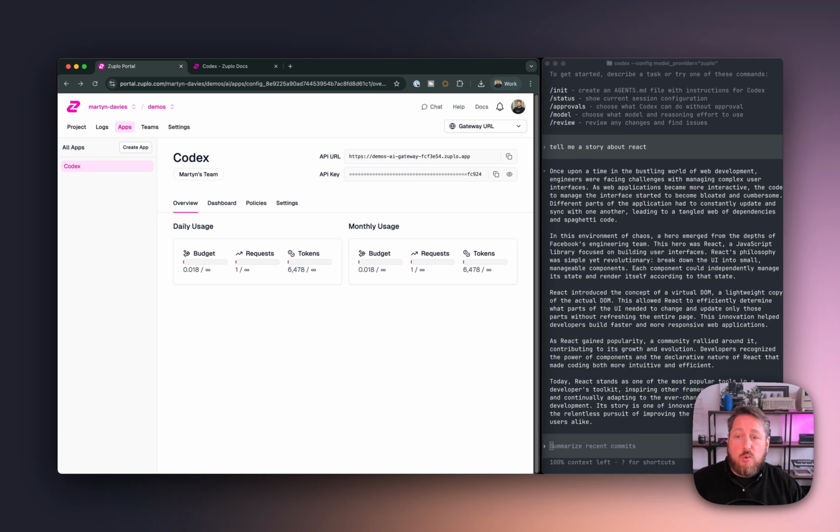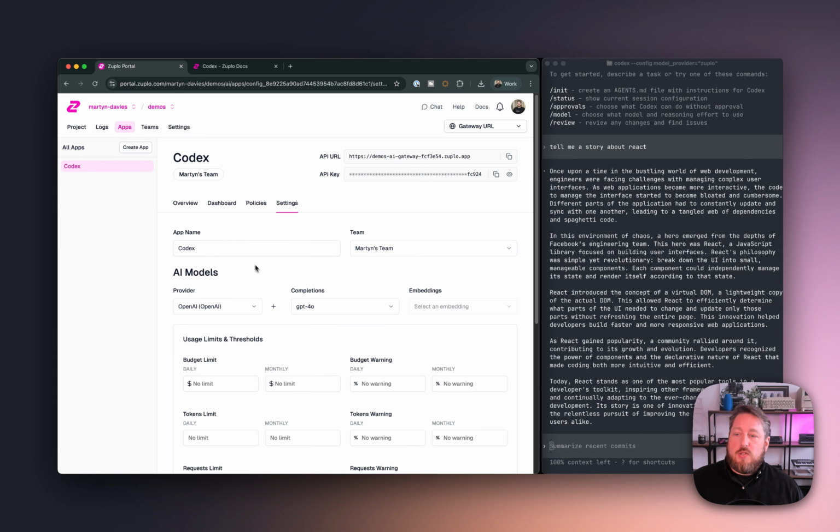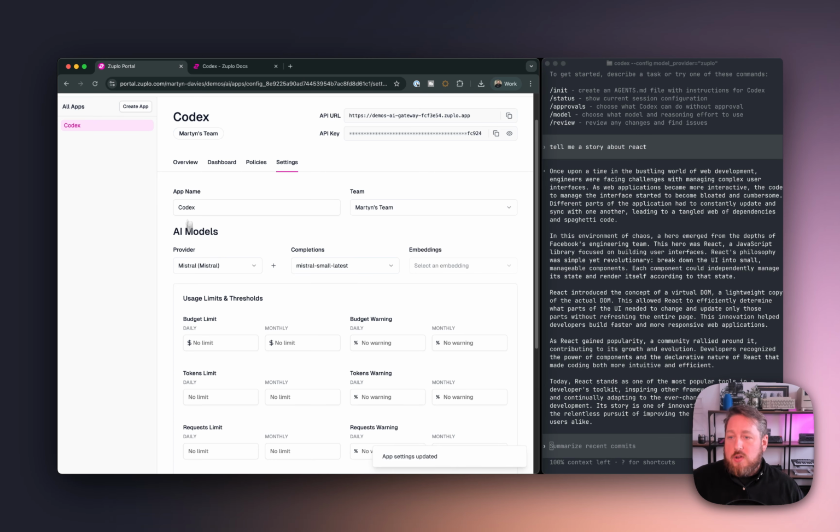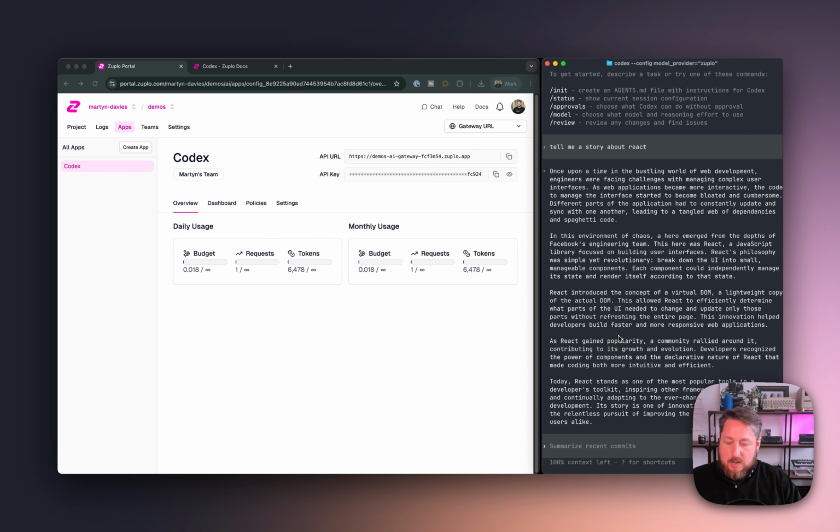But there's one other thing that I want to show, and that is that now with no additional configuration, you can change the provider and the model over to something different. So right now we've got it set up using OpenAI, but I'm going to change it over to using Mistral. And I will choose their small latest model for this. And if I click on Save Changes, I've now updated the configuration for the AI Gateway. So if I go ahead and ask it now to